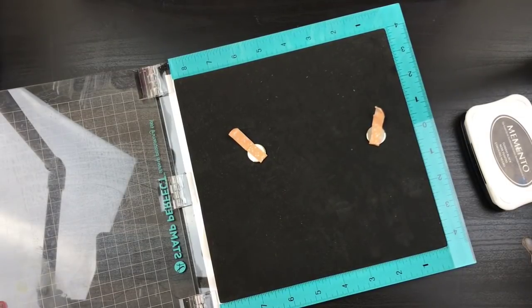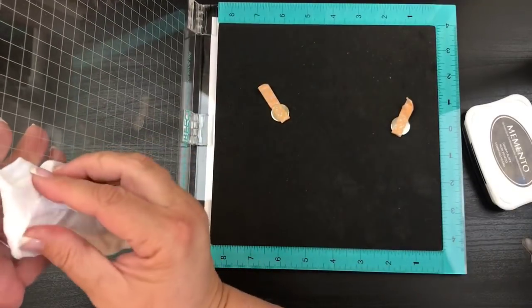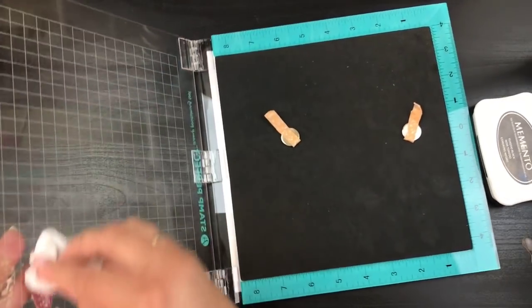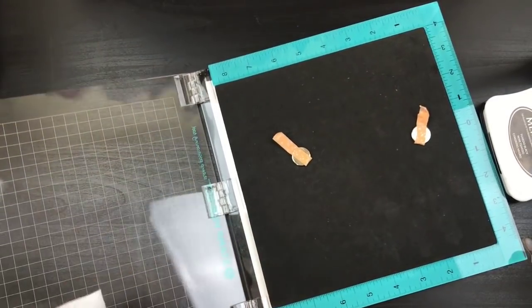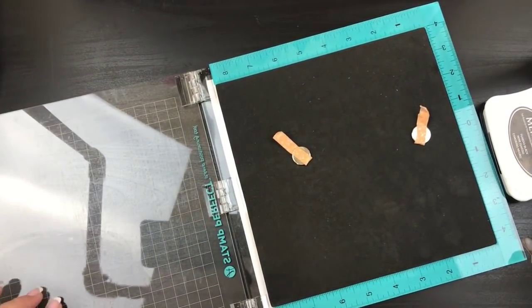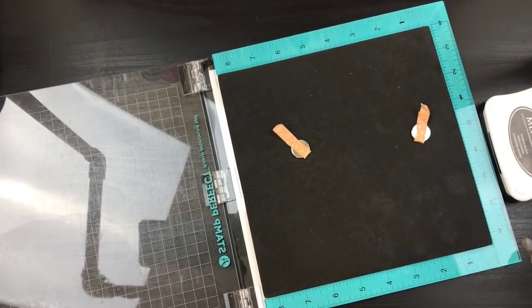And then I'm just going to grab a little baby wipe here. Sorry about that. Just going to grab a little baby wipe and clean this little guy off. And then I'll also clean around it. And then these are ready to go back in or to be used again. So now